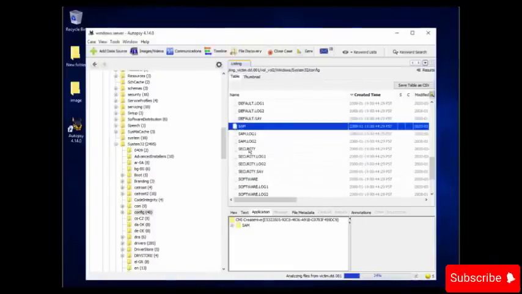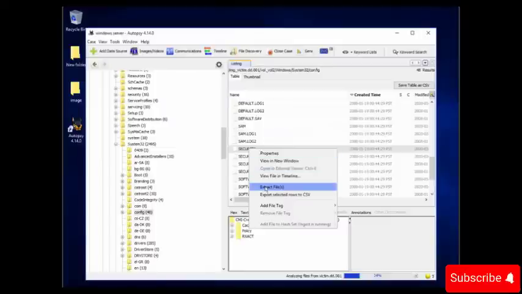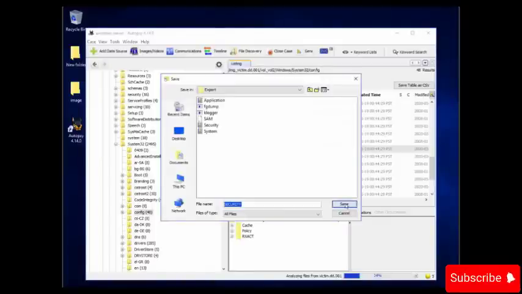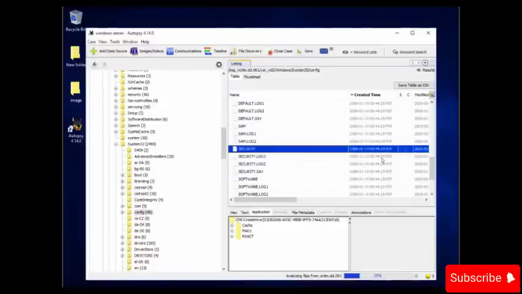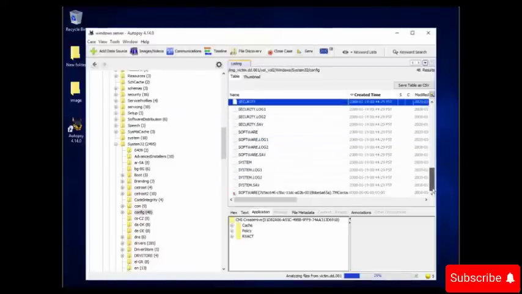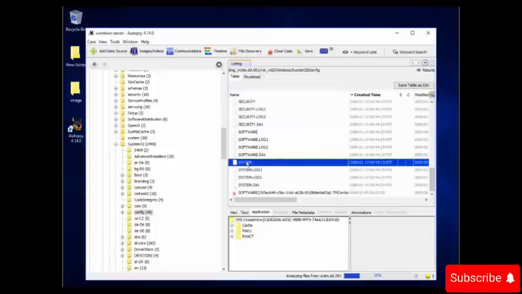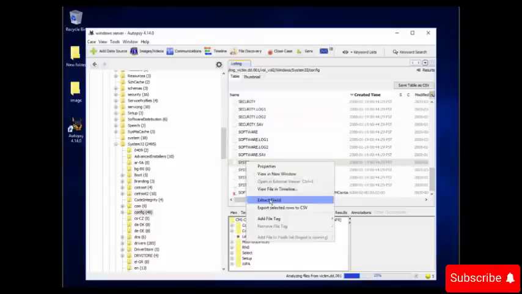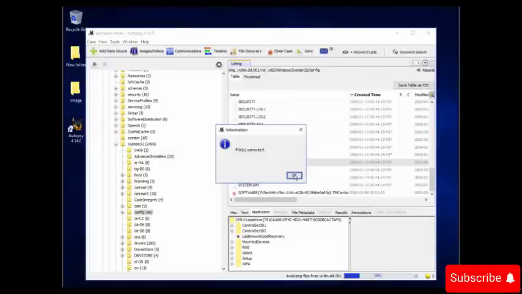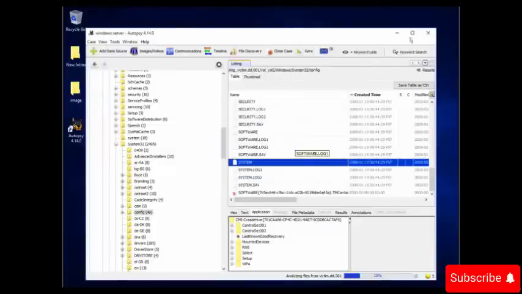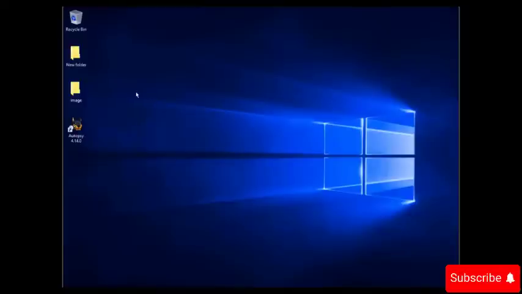Now for the security, extract, save, and OK. And now look for system. Here it is. So extract, save, and OK. Okay, so we have collected a lot of evidence inside the export folder.